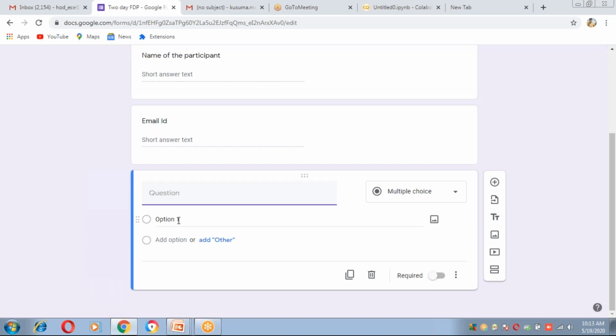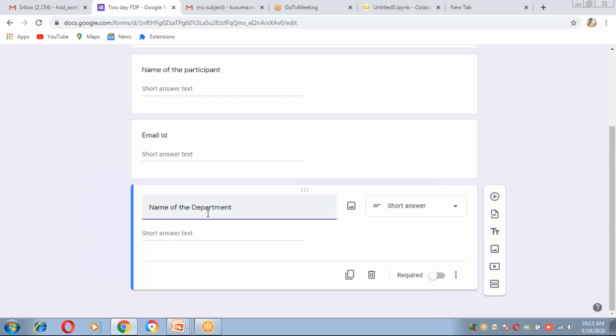For example, name of the department. Likewise, here also short answer. These are the basic questions. Likewise, we can create so many questions.